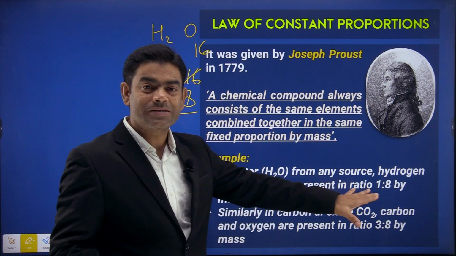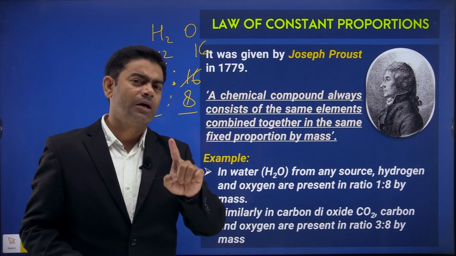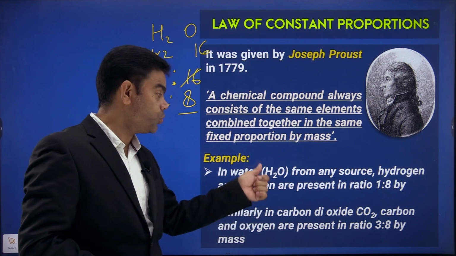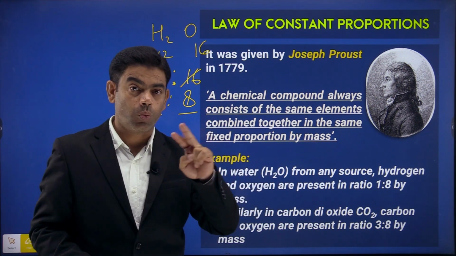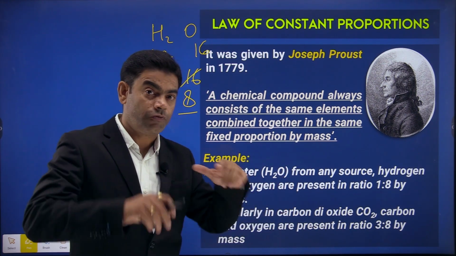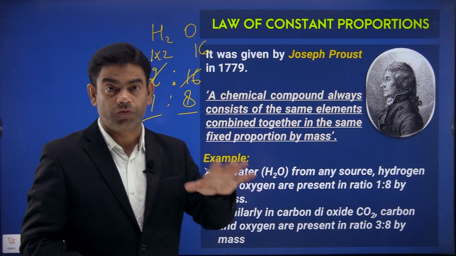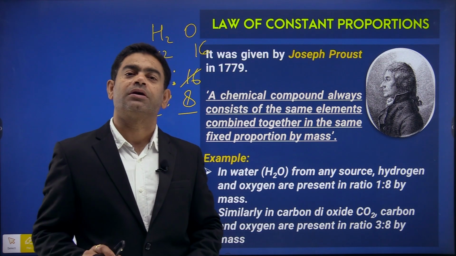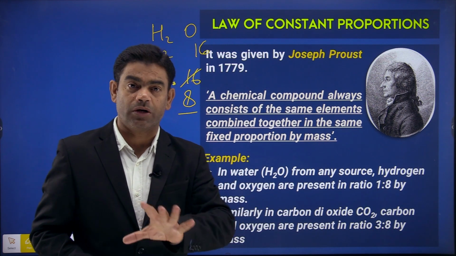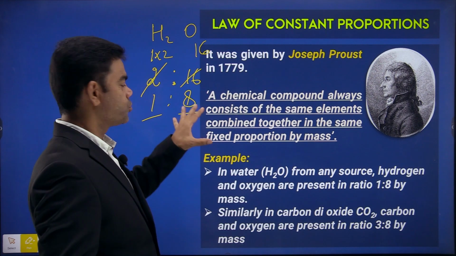तो रेशियो क्या है उनका, मास का रेशियो हम निकालें तो क्या मिल रहा है हमको, मास का रेशियो 1:8. If I talk about the atom ratio, it has 2 atoms, this is 1 atom. The number of atoms will be 2:1. So for 2 hydrogen, we are using 1 oxygen. अगर मेरे पास 40 हाइड्रोजन हो जाए, जितना हाइड्रोजन है उससे आधा ऑक्सीजन चाहिए. अगर मेरे पास 40 हाइड्रोजन है तो 20 ऑक्सीजन लगेंगे फॉर्मूला बनाने के लिए. ओके, क्लियर. इनका रेशियो फिक्स्ड होगा बाय नंबर और यू कैन से बाय मास. द रेशियो बाय मास विल बी 1:8 always.